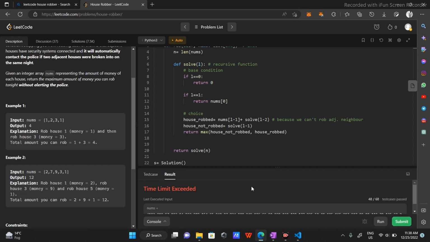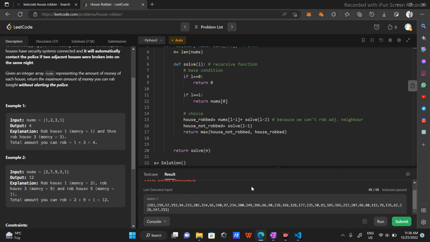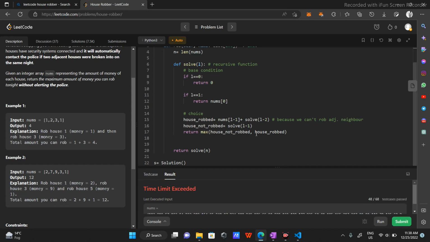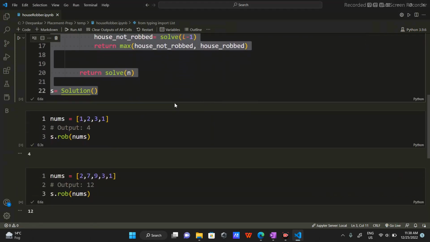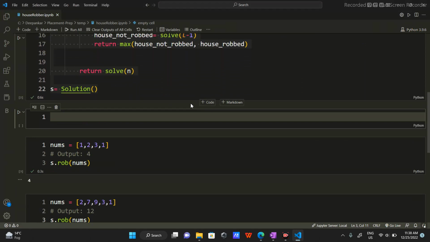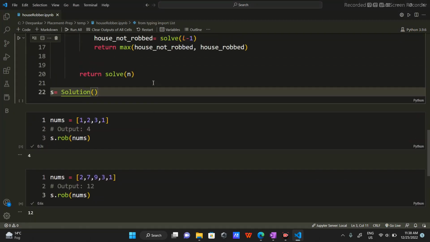Okay, we are getting this time limit exceeded error. All right, so this is because this code is not optimal. Of course, we can make it optimal, but I just have to add 2 or 3 more lines to memoize this code. So I'll copy it, paste, and then